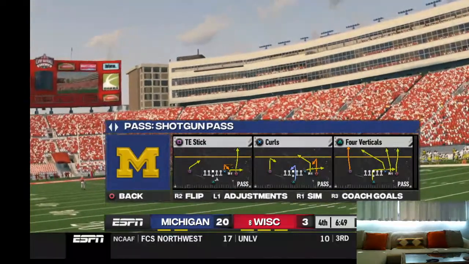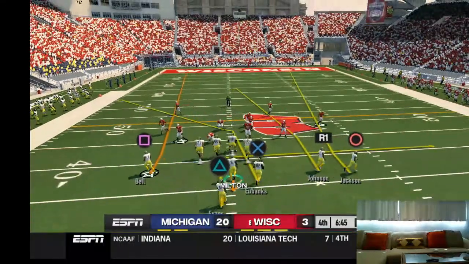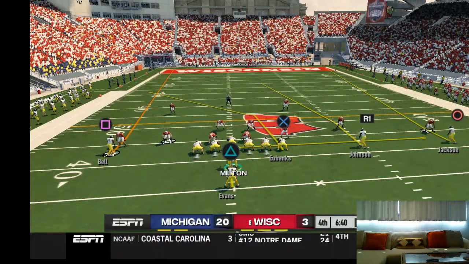Let's look for a shot deep here, potentially. From their own 43-yard line, there's no reason to give them the ball back. But let's just see. Second down. Looks like they are in a cover 2 here.